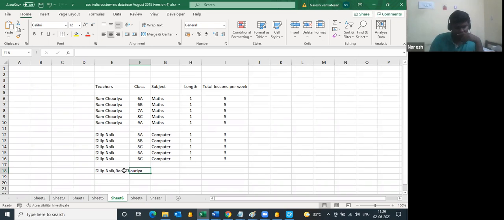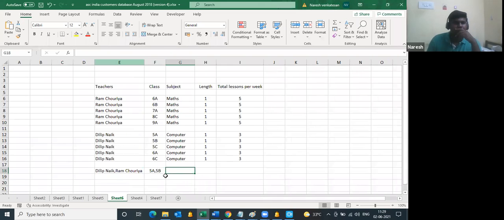And if there are two classes happening, 5A, comma, 5B. So this is a joint class between 5A and 5B, and the teachers who are teaching are these two teachers, separated by a comma. Similarly, the 5A and 5B joint class is mentioned as 5A comma 5B.